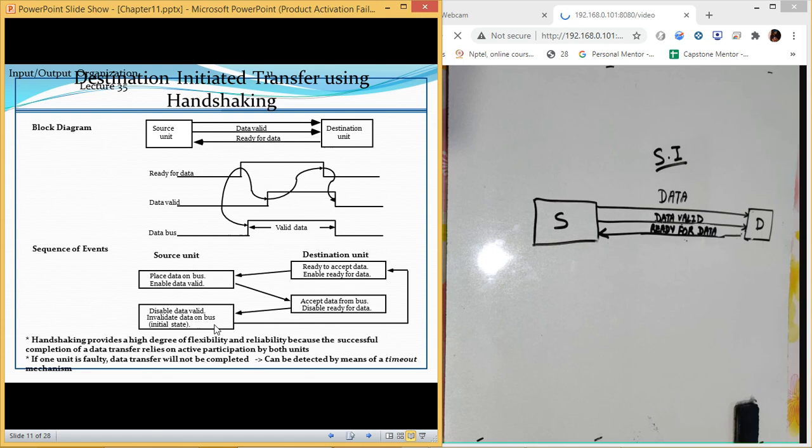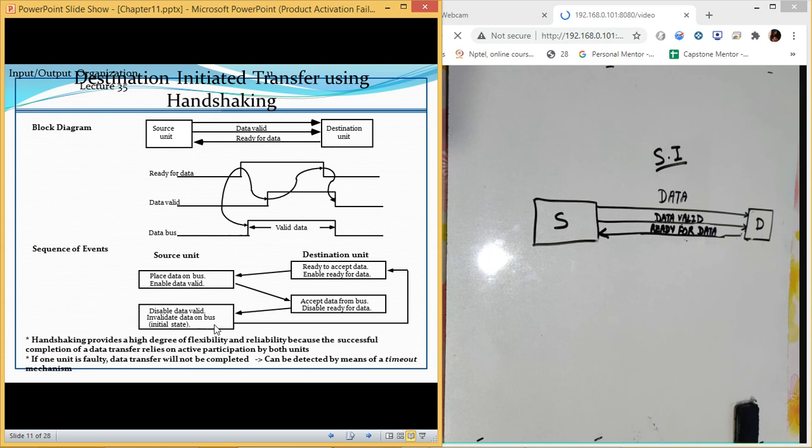Both are aware, is the data which is sent from me actually accepted by the other one or not. And if there is any fault, there is an implementation of a timer which we call a timeout mechanism. So there is a timeout mechanism which is used to simply tell the source that the data has failed.